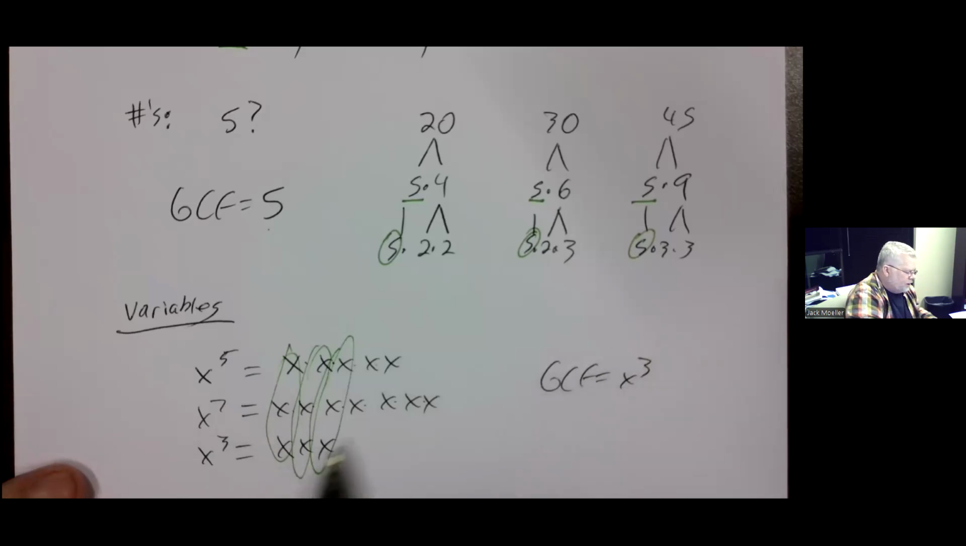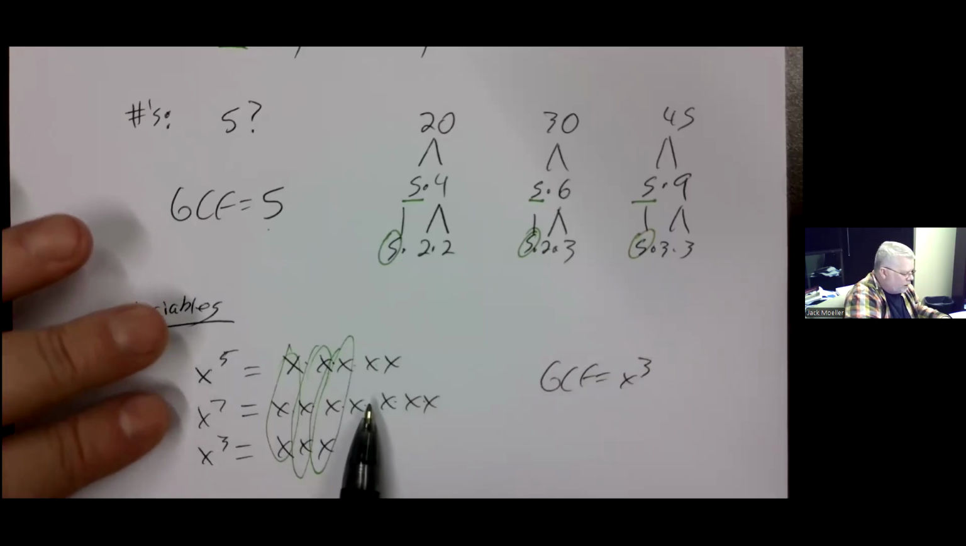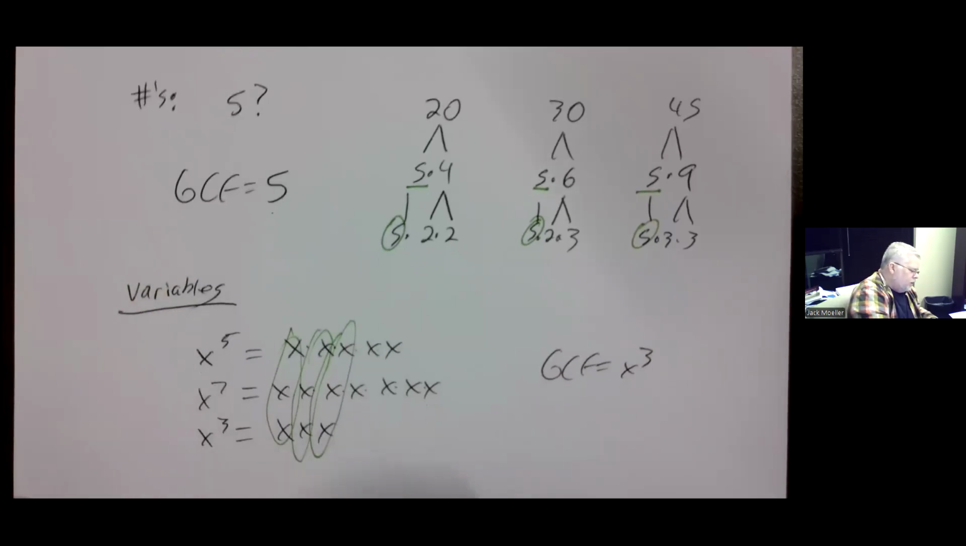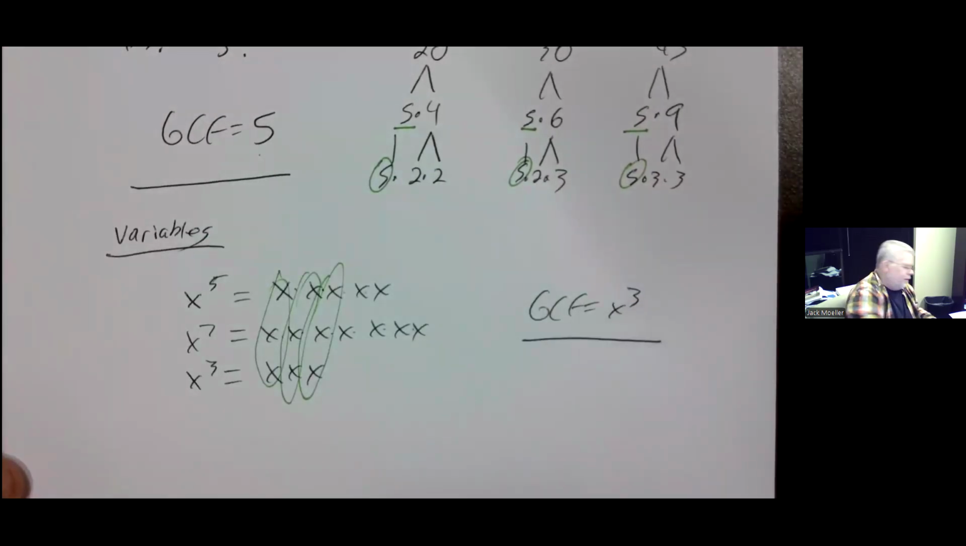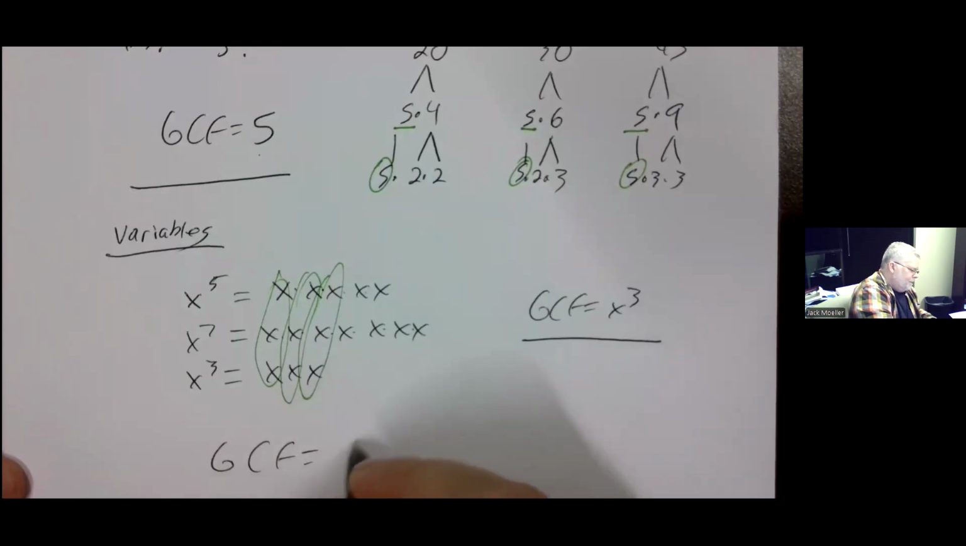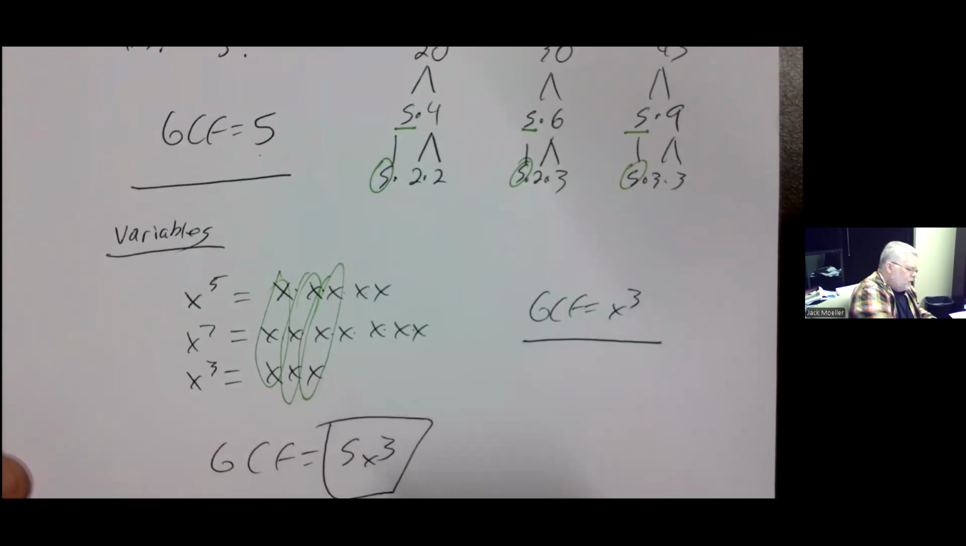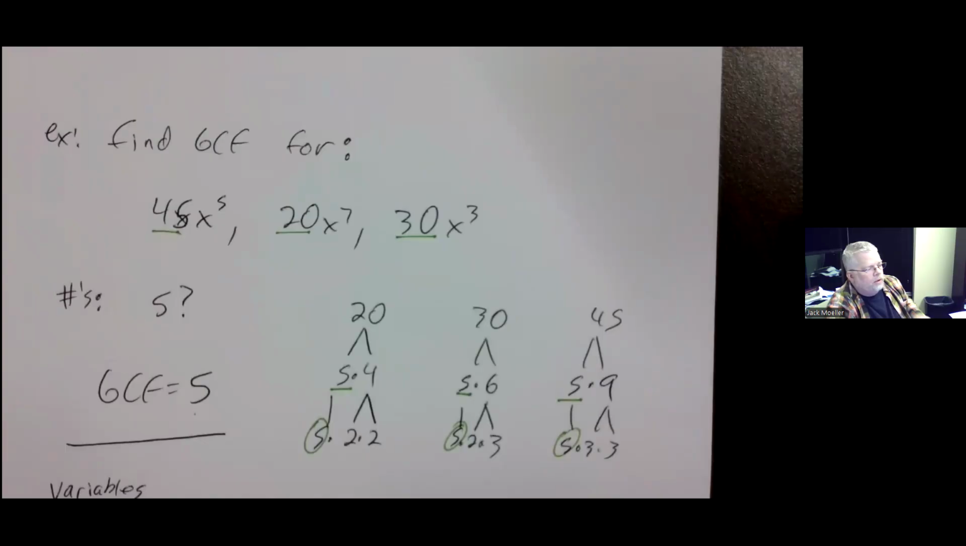So they all have at least 3's. These have more than 3 x's. This one, but this one only has 3. So our GCF is the number part and the variable part. So 5x cubed is the largest term that will divide into 45x to the fifth, and 20x to the seventh,